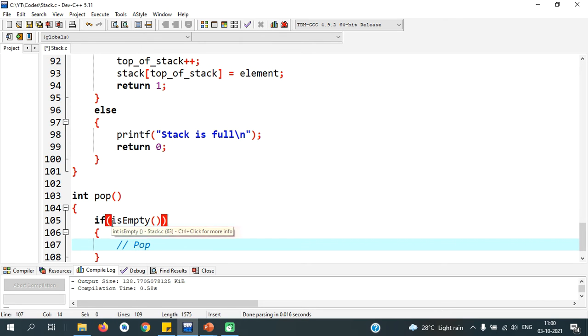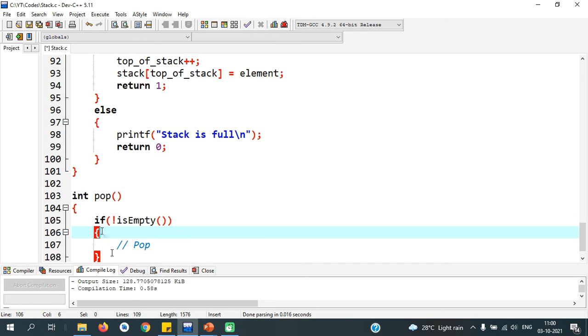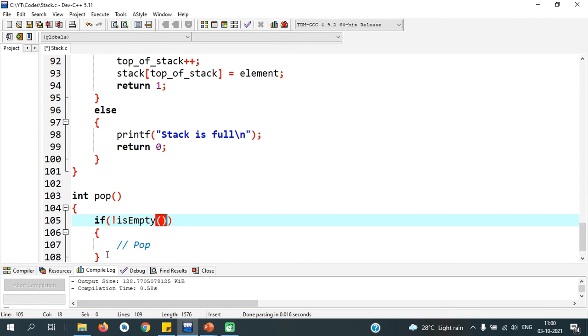So we will have a not symbol: if the stack is empty, it returns 1 and the not operation makes it 0, the condition fails, and this if part will not be executed. Or if the stack is not empty, some values are there in the stack, it returns 0 and the not operator makes it 1, the condition is true. So if there is a value in the stack, the pop operation will occur.